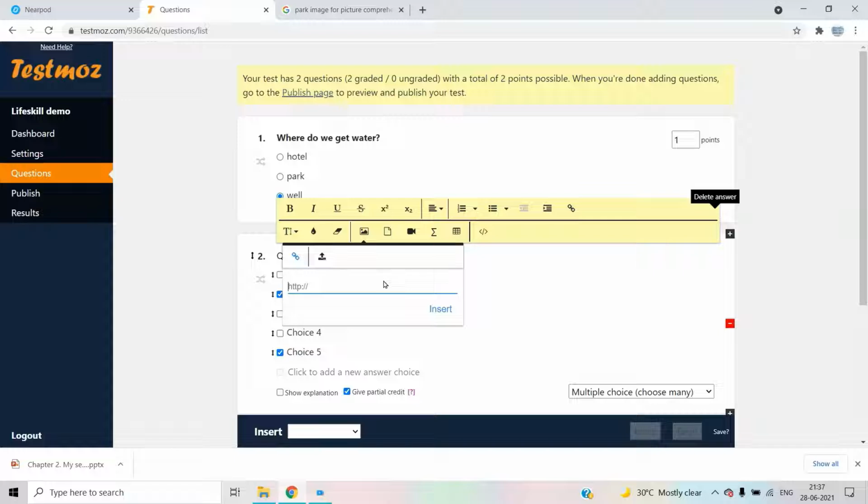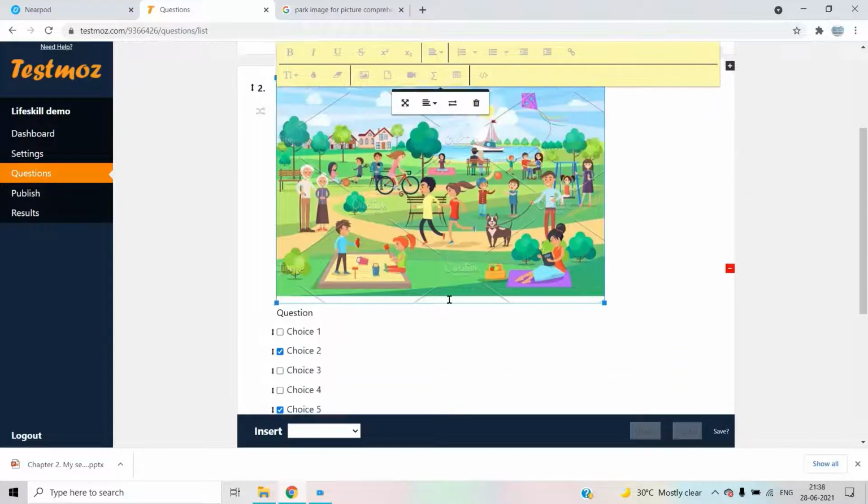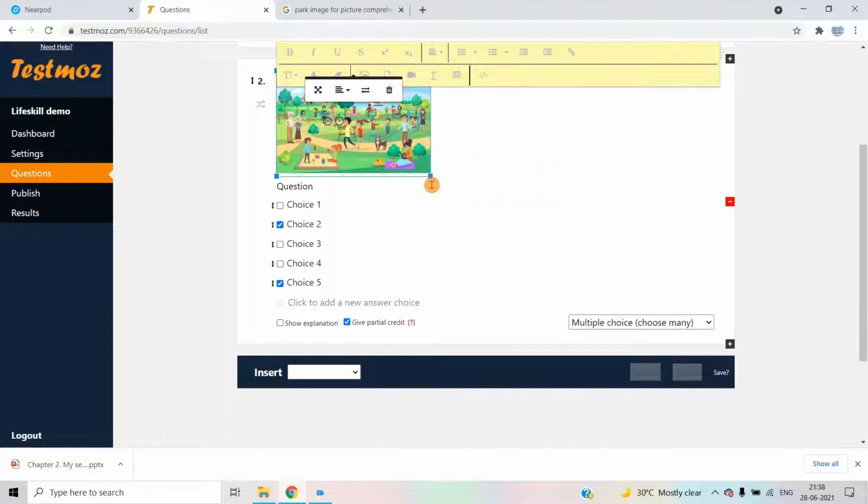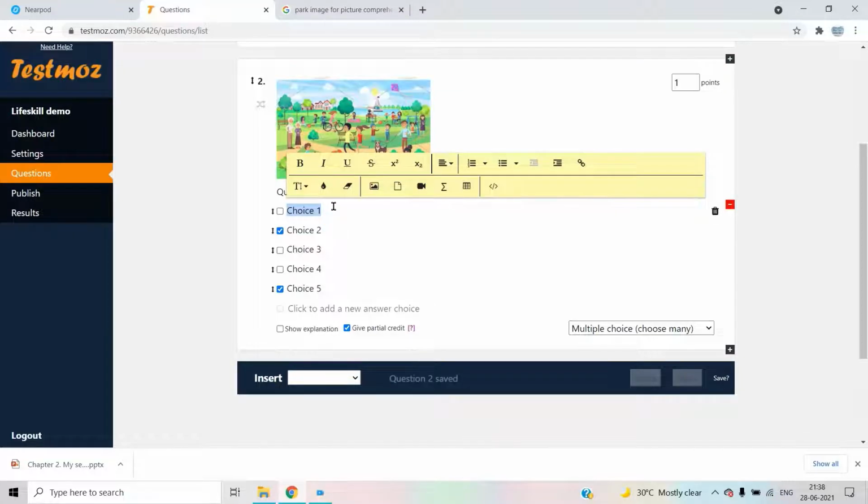You have to take the image link, copy image link and paste it over here to insert the picture. So the picture will be appearing here. So you can resize it and ask the questions.